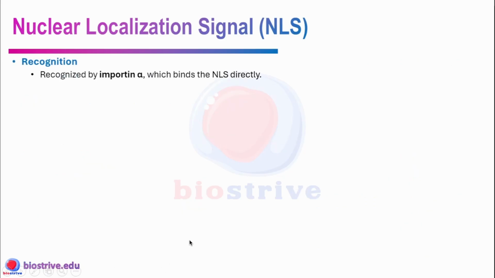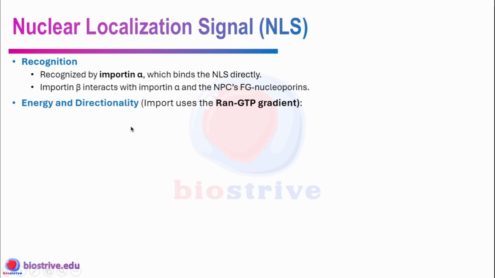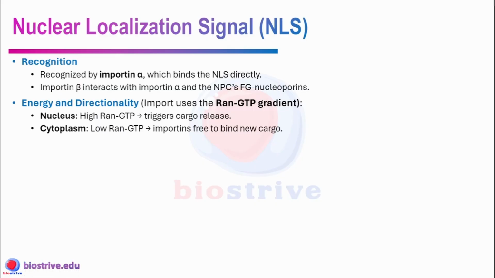Recognition of the nuclear localization signal is carried out by importin alpha. Importin alpha can bind directly to this signal sequence. Importin beta cannot directly bind to this sequence, but importin beta interacts with importin alpha. So importin alpha can also act as an adapter. For energy and directionality, as we talked earlier, it will be driven by the RAN GTPase gradient. Inside the nucleus, there is a higher concentration of RAN GTP, and this higher concentration of RAN GTP triggers cargo release. As in the cytoplasm, there will be a lower concentration of RAN GTP, and importins will free themselves to bind to